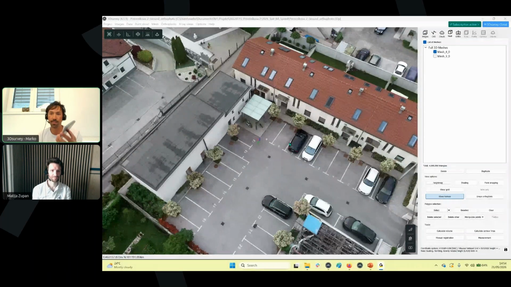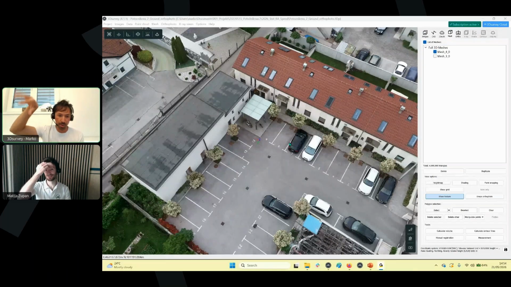Even if the phone has like say 40 megapixels or anything, or 100 megapixels, the sensor size in a phone camera is 100 times smaller in comparison to the drone sensor. So my suggestion is, forget about the phone, do the mapping with the drone, fly as slow as possible. Then if you're afraid to fly solo,